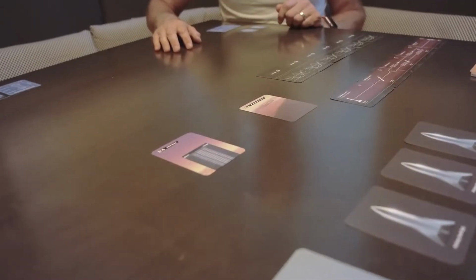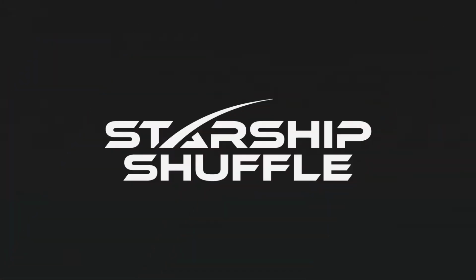In Starship Shuffle, there are two areas of the game. The first area is the production yard, and this is where the majority of the game takes place. Your goal is to build the Starship rocket as well as its Super Heavy booster, hopefully. Once the rockets are complete, the game then moves over to the second phase, the launch phase, which is in